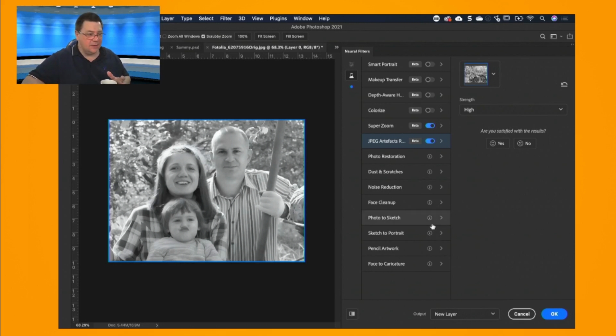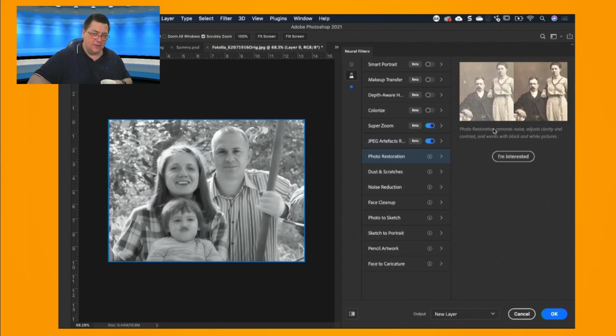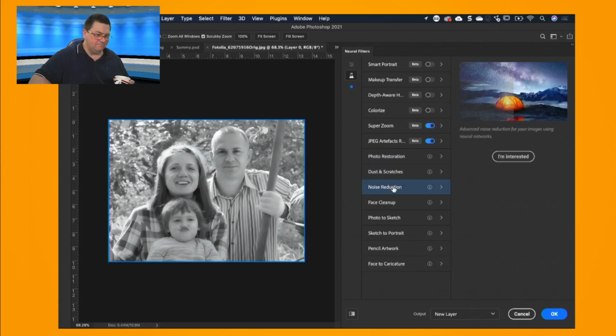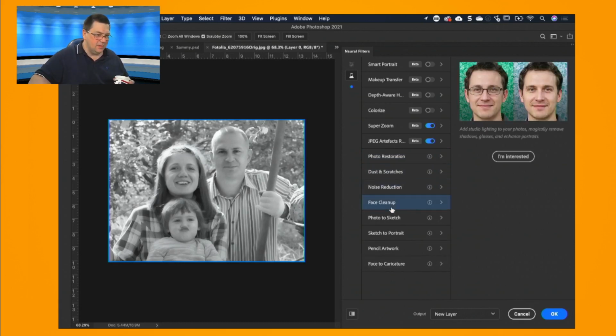There's some great things in the pipeline. We can see here that photo restoration may be quite interesting. I know a lot of people that use Photoshop for photo restoration. If it's going to be professional quality, then I expect this will be a good starting point. But if you're doing it at home, then it might be good. Dust and scratches, we've had dust and scratches for a while as a filter, but I'm assuming this is going to be much better. It certainly looks better on there. Noise reduction, face cleanup,